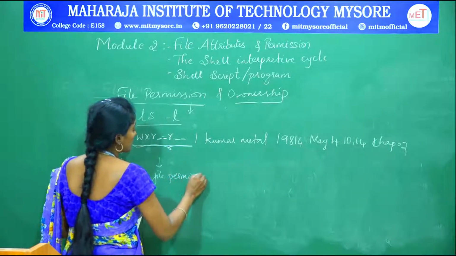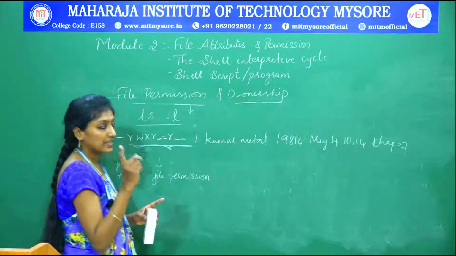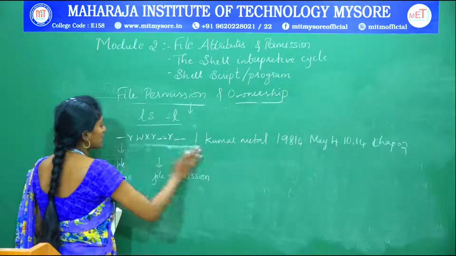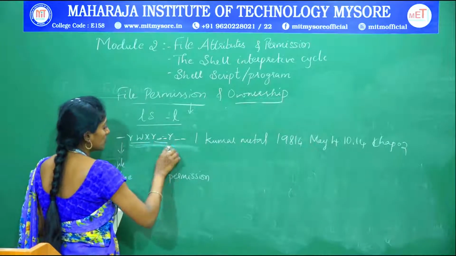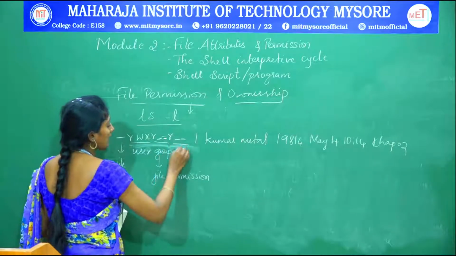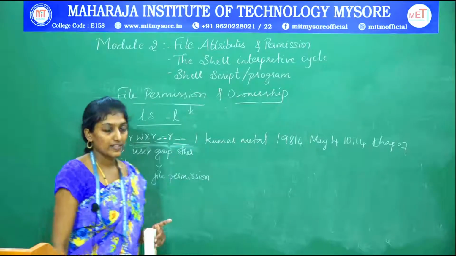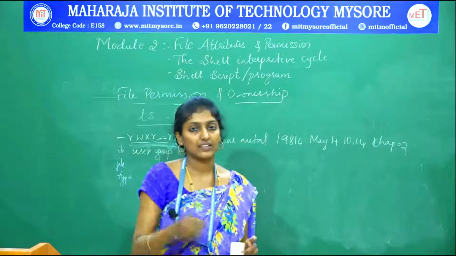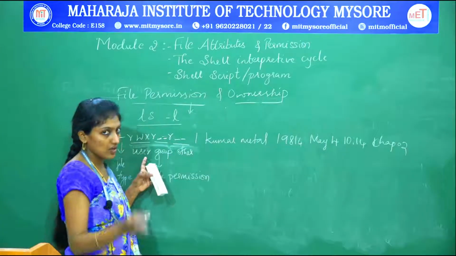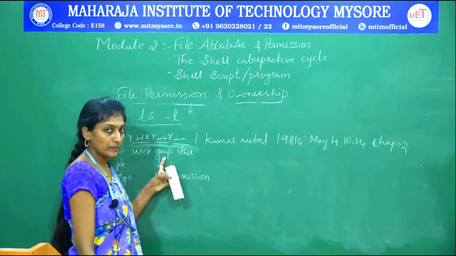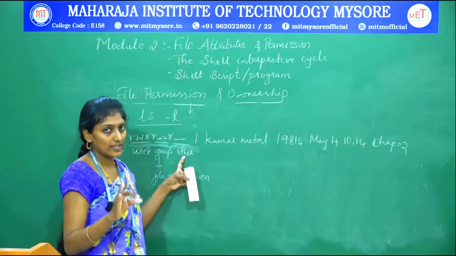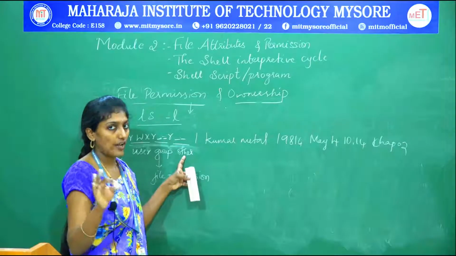In this file permission, it is represented with 3 categories, as I already discussed. The first category belongs to user. This category belongs to group. This category belongs to other. So the permission for any file or directory will always be associated with 3 categories of user: one is the user itself, next is group, next is others. Other means publicly it is accessible to anybody.